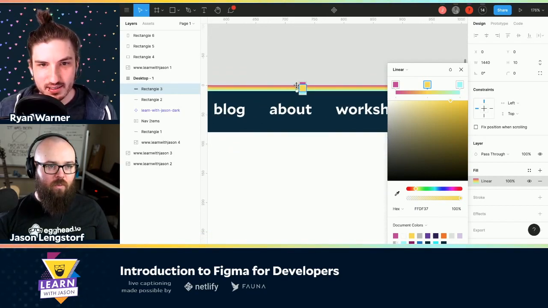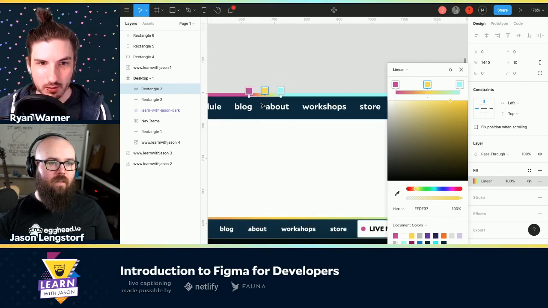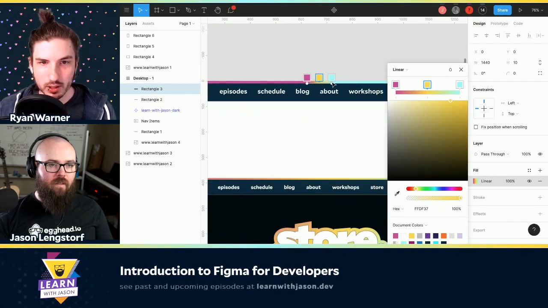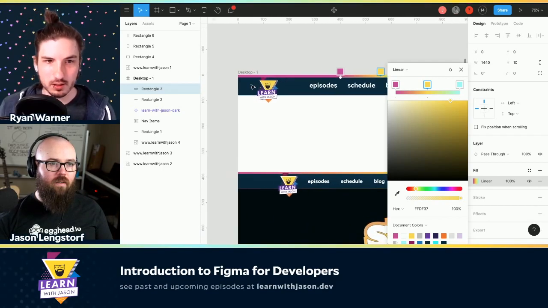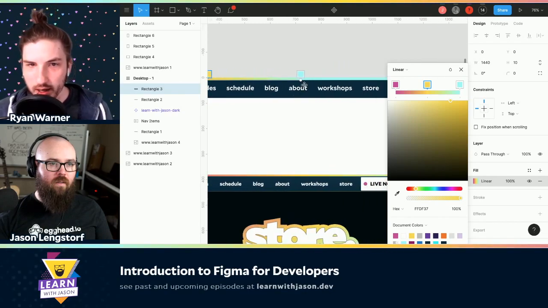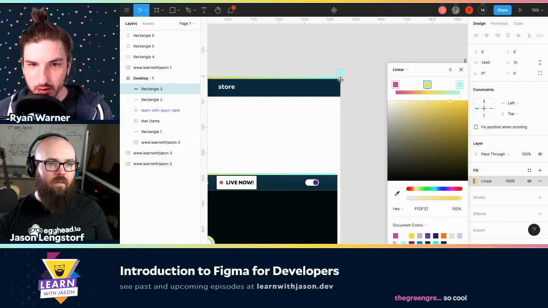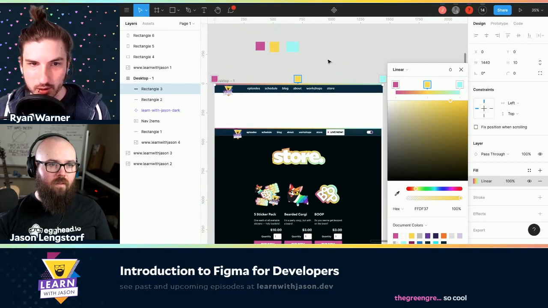So then I can just move these. Yeah. So those handles there, we can change the angle to whatever we'd like. Okay. We probably want to drag the left one to the far left and then the right one to the far right. It'd be nice if there's a programmatic way to type this stuff in. I'm not sure if that exists, but looks like you got it handled perfectly.